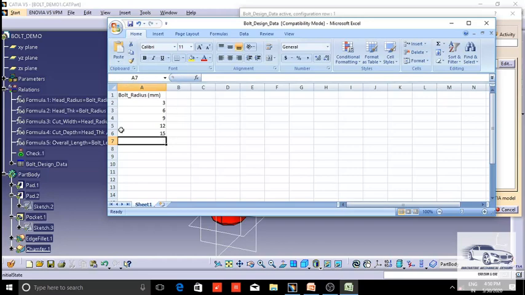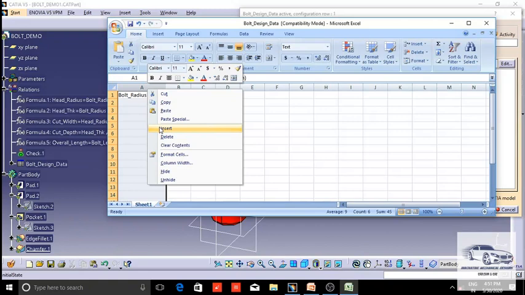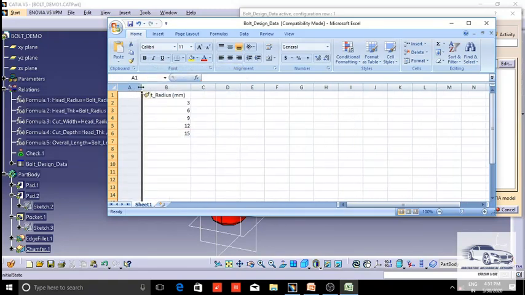Now merely entering these values is not going to create the configurations. We have to include also a new parameter known as part number here. So what we have to do, just select this particular column, right click and click on insert, and give the name of the parameter part number.